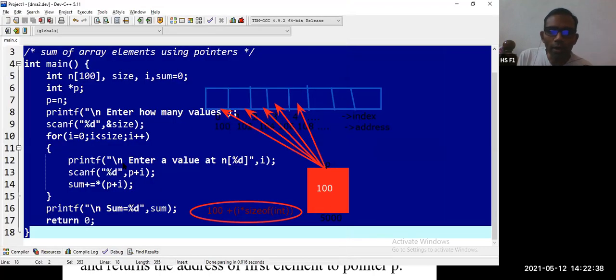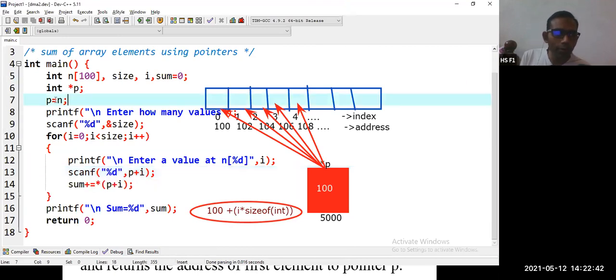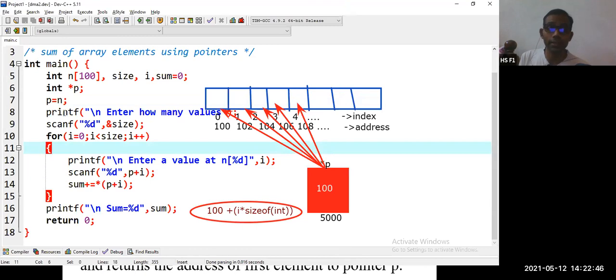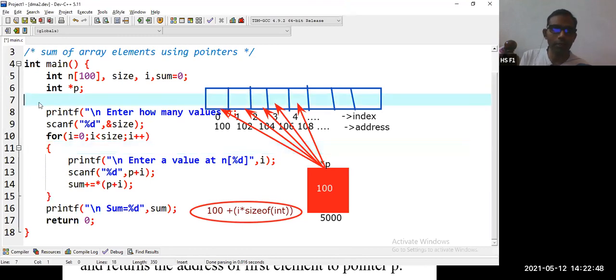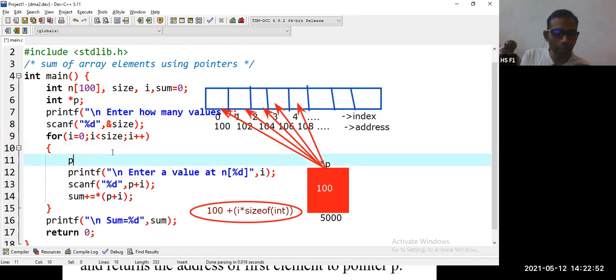Now let us modify this program a little bit. Some of you may be saying, sir, why assign this outside? Can't we assign inside the loop? Yes, I'll show that also. So here you are going to write the next time p is equal to address of n of I. Here you are not going to write n of 0 or n. Why? Because every time I is going to point to the index value.